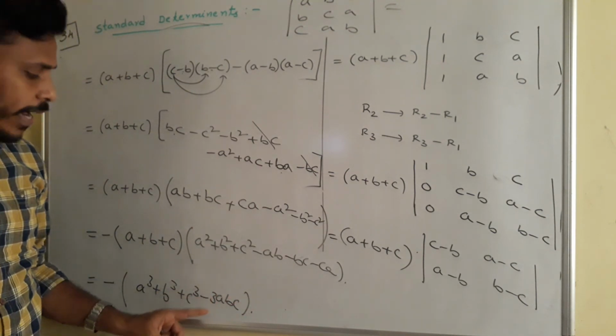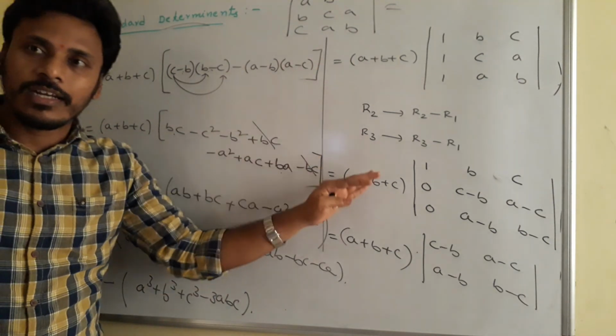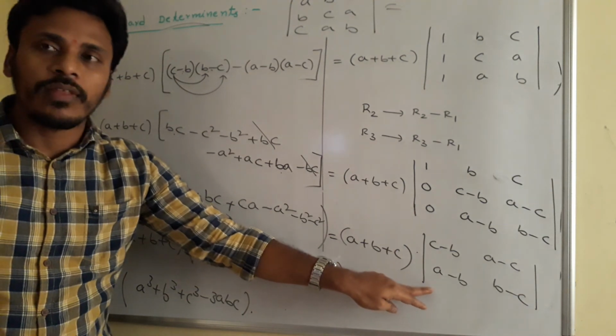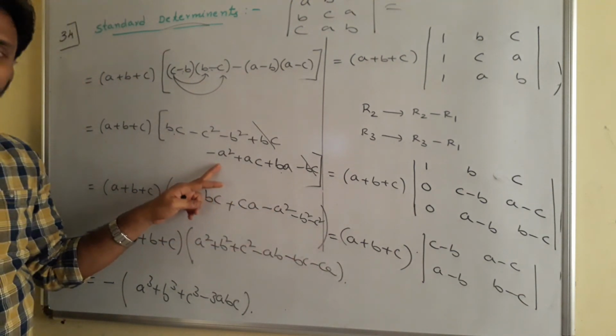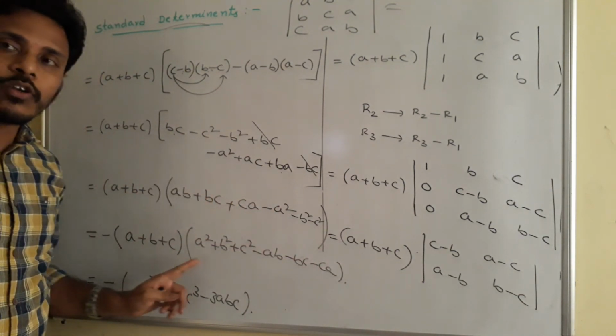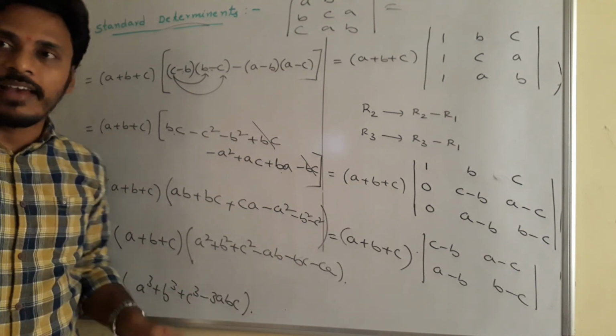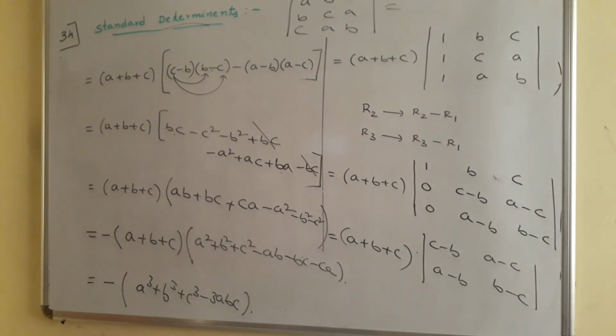To find this determinant, we followed certain rules related to the transformations, and then the determinant of the 2 by 2 matrix. After that, some simplification. At the end, the product of these two is A cube plus B cube plus C cube minus 3ABC. Just have a look. So you need to memorize it, and the proof is also somewhat required. So the determinant of ABC, BCA, CAB is minus of A cube plus B cube plus C cube minus 3ABC.